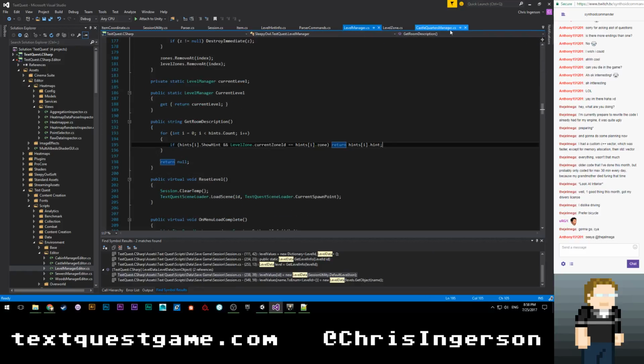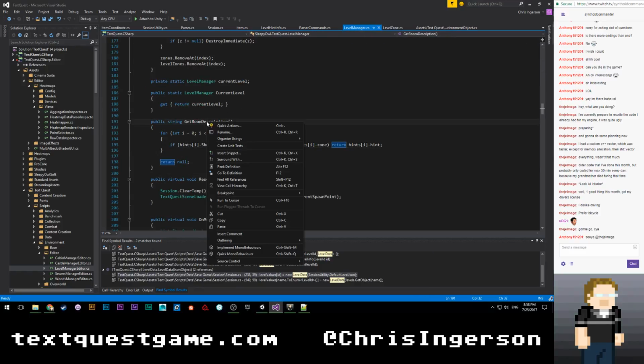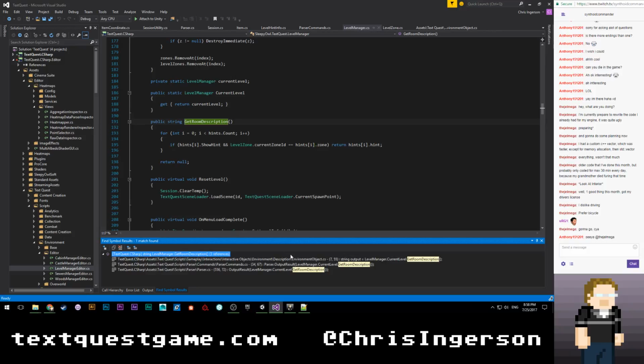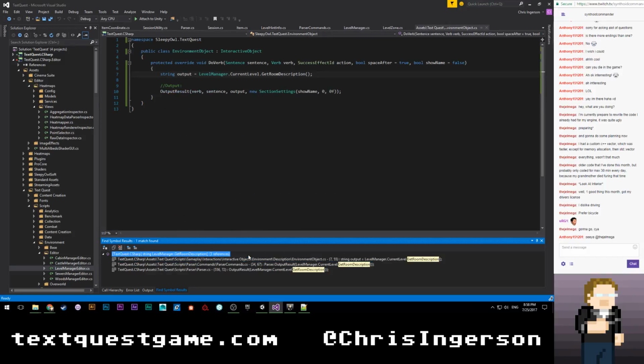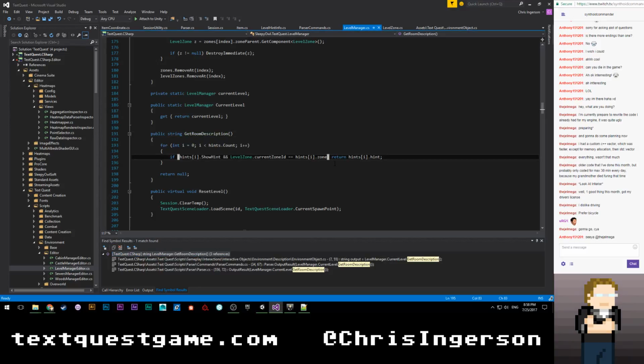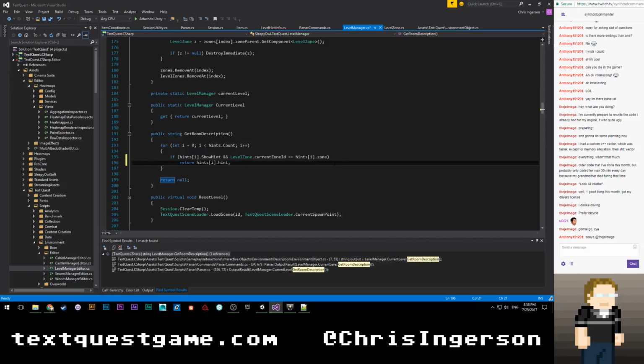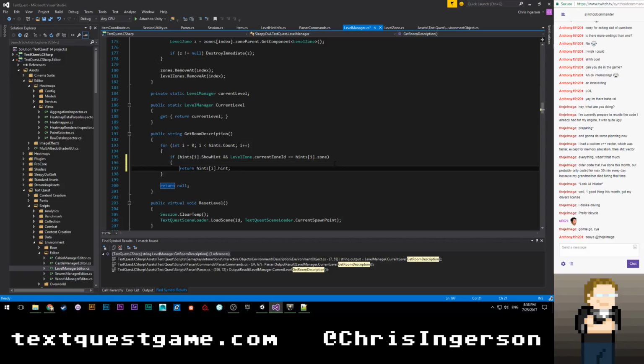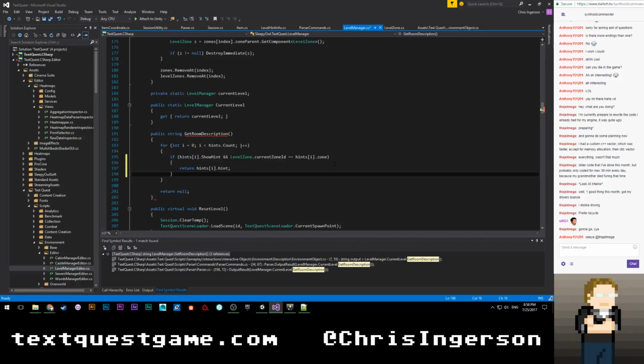So let's go over here to level manager real quick. We're going to get room description, find all references, string output. That is the environment. So I guess I'll just put it in here for now. Okay, so this is actually not going to be as straightforward as we would think. Instead, we're going to say